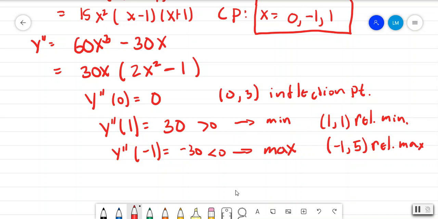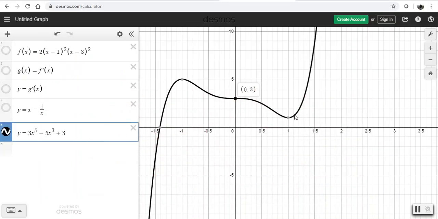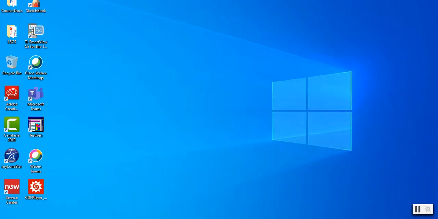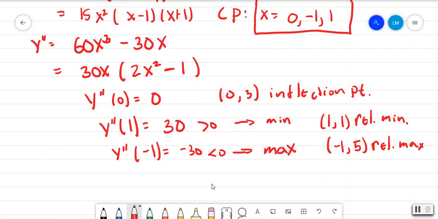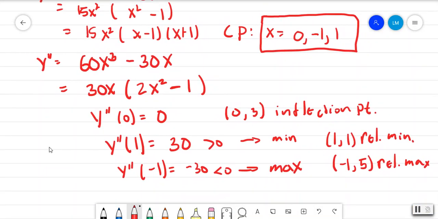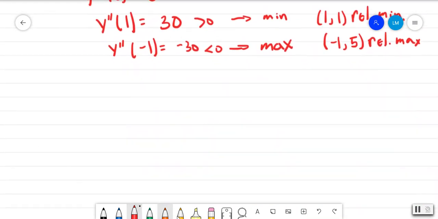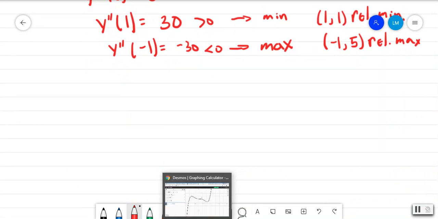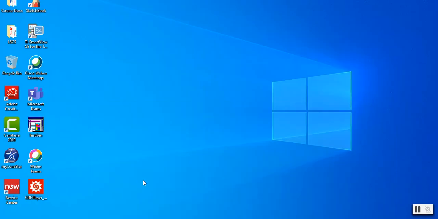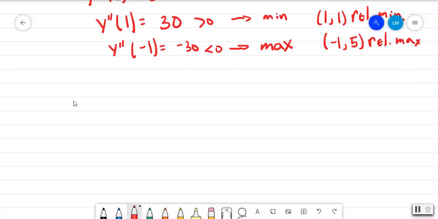Okay, so that tells us that these are relative max and relative min respectively. So that's kind of how we use the second derivative test. Now we can use it again, for example, with the following equation. So let's say that we want to use the second derivative test